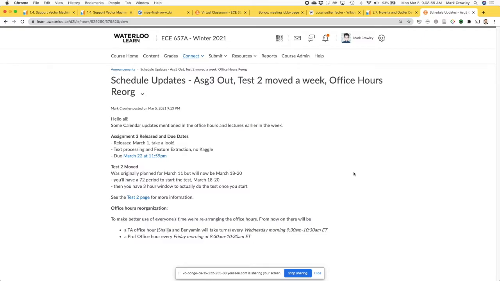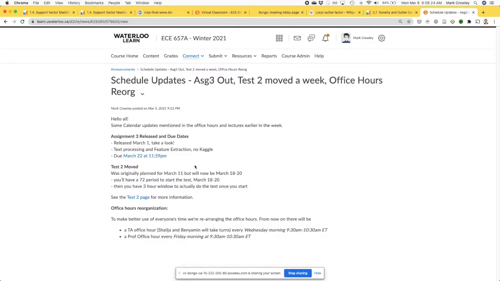So assignment 3 is released, so people taking a look at that. I know maybe a lot of people haven't, but take a look. It's going to be using the feature extraction, dimensionality reduction, and text processing, so natural language stuff. Hopefully it's not really too complex, just lets you apply some of these concepts and basically produce a bunch of different plots showing how they work and explain what you're seeing, try to find some patterns.